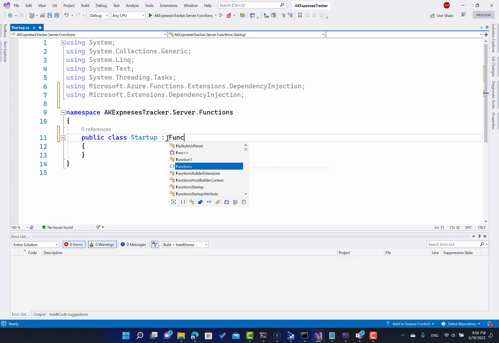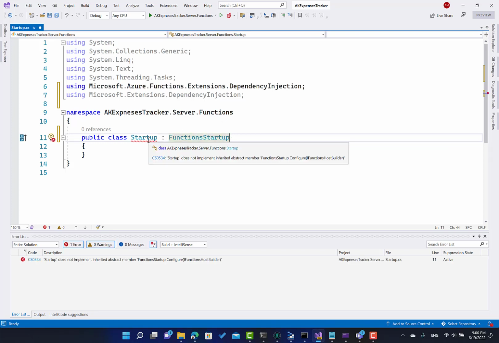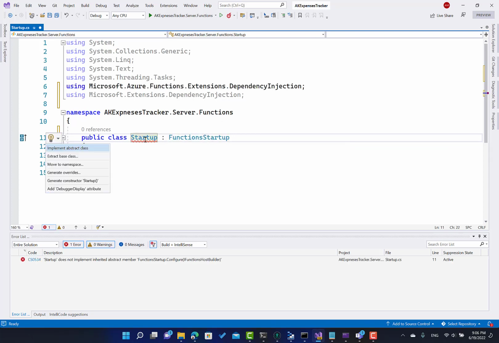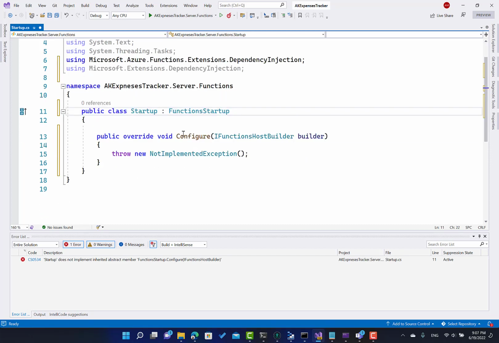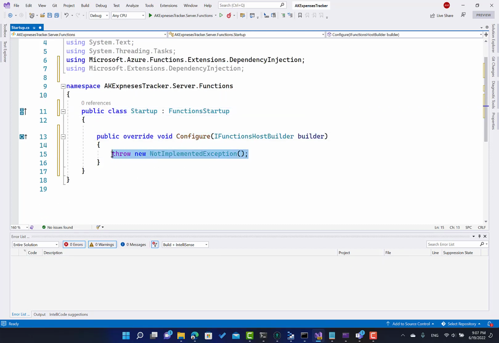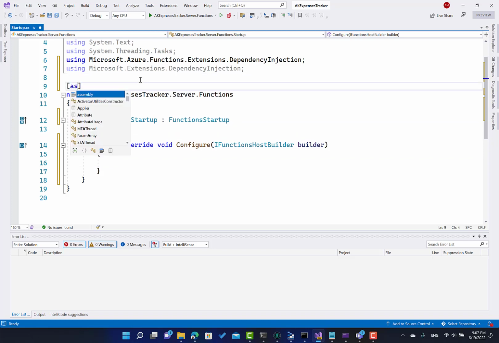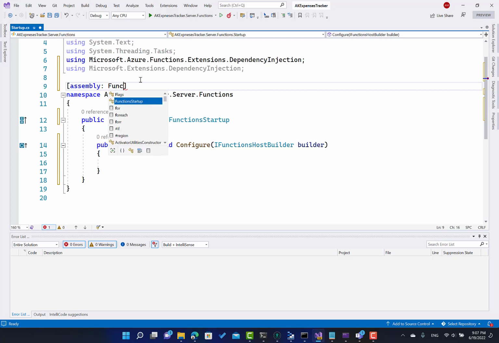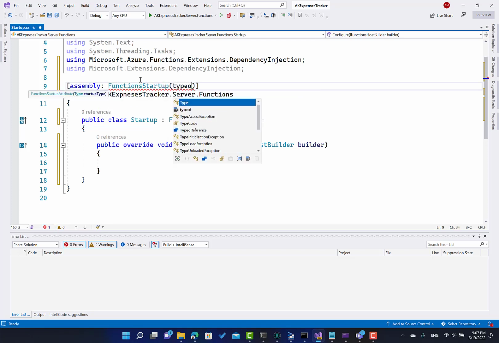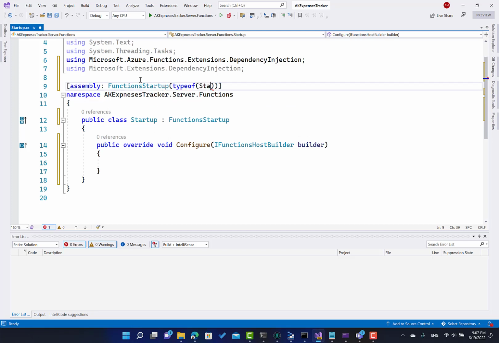This one should inherit from FunctionsStartup. Whenever you do that, you have a function that you have to override, which is the Configure function. The last thing that we want to do is tell the Functions runtime that this startup is the implementation of this one, by defining the assembly attribute over here and saying FunctionsStartup, and here we define the type of Startup,